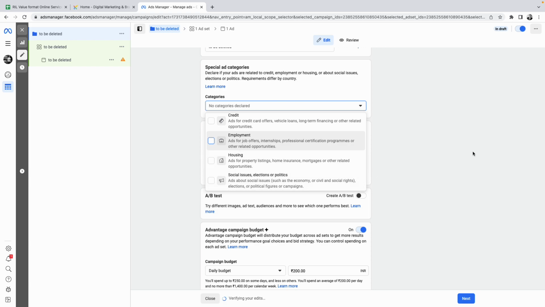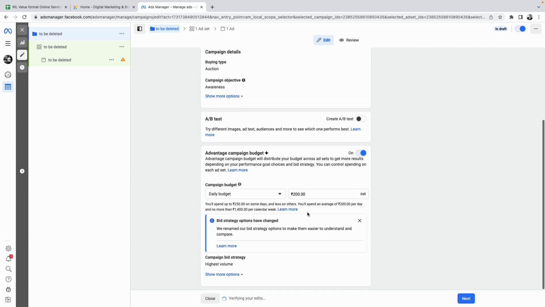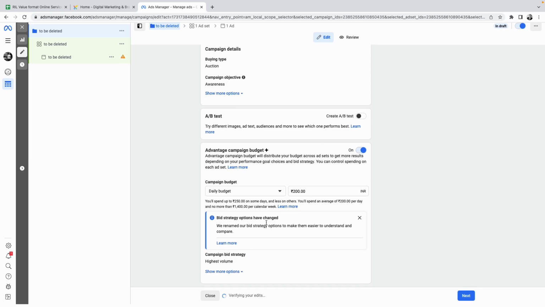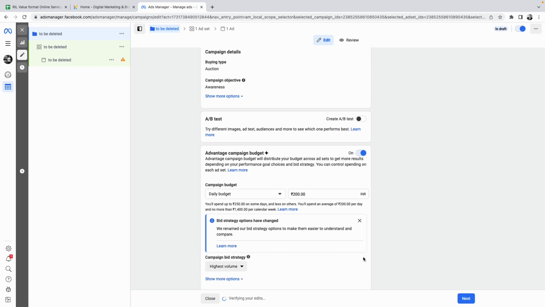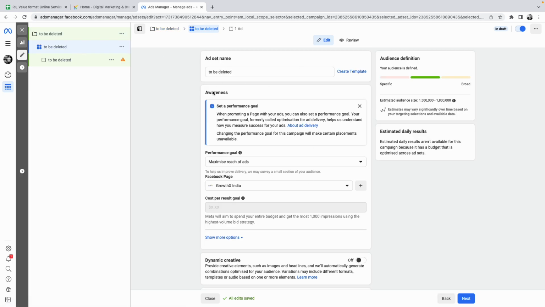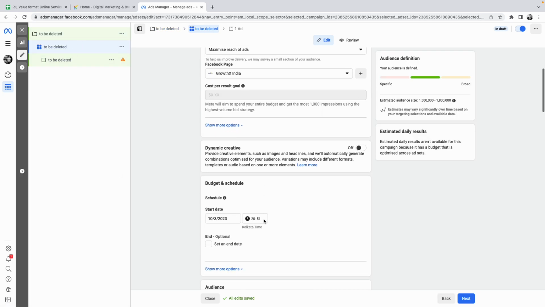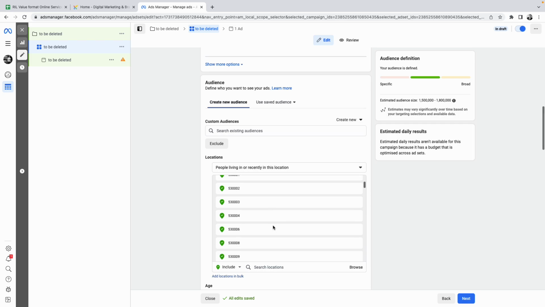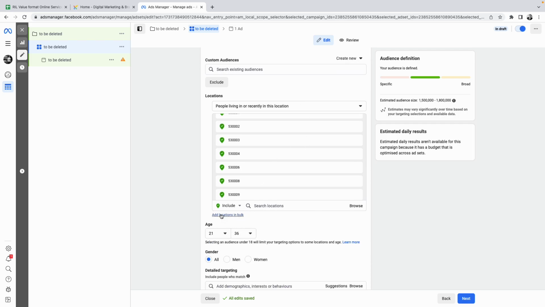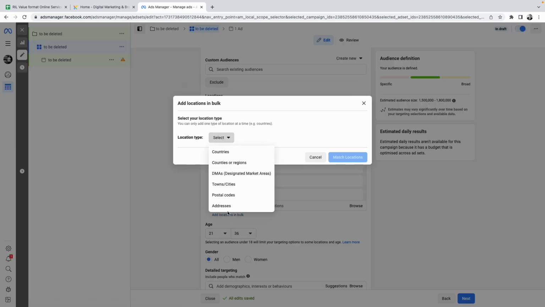If you are not, don't worry about it, leave it the way it is. Daily budget you need to put, right? You have to check what kind of bid strategy you want to use, right? And then at the ad set level, you come here under location, bulk location, click postal codes,